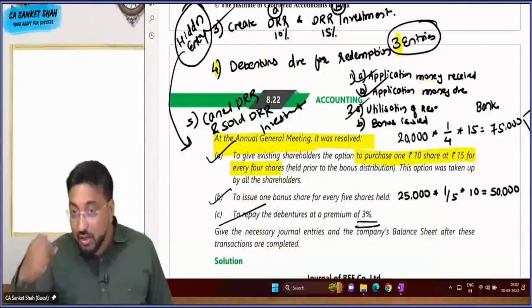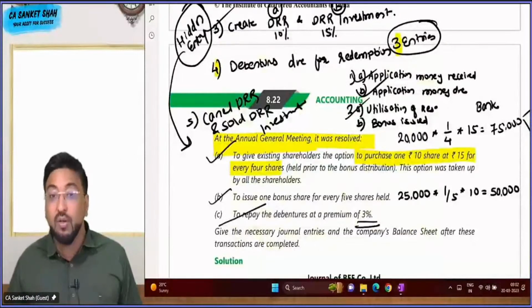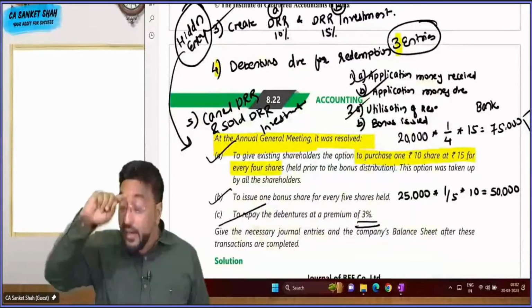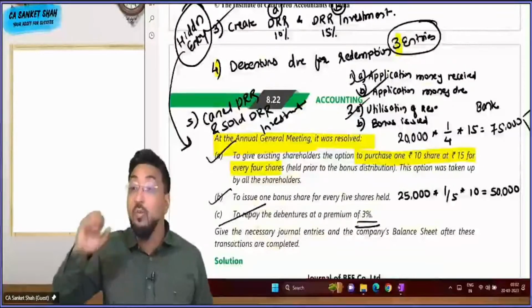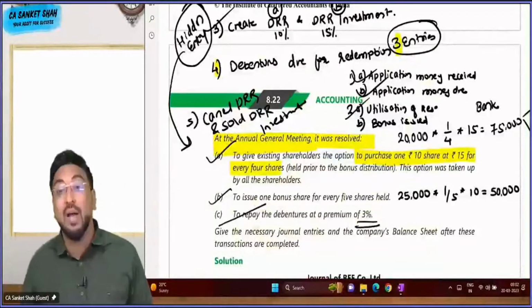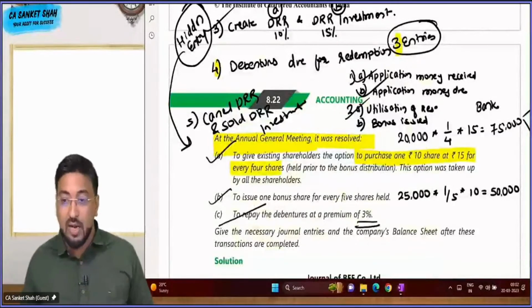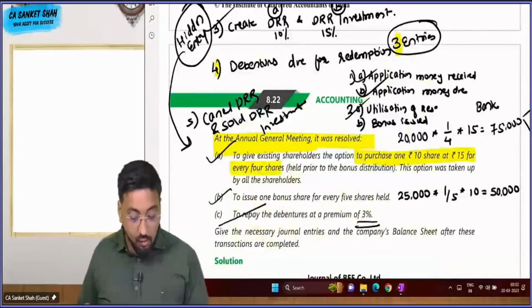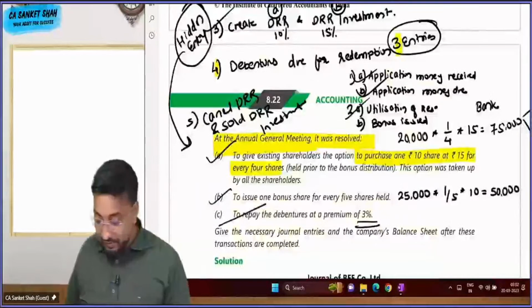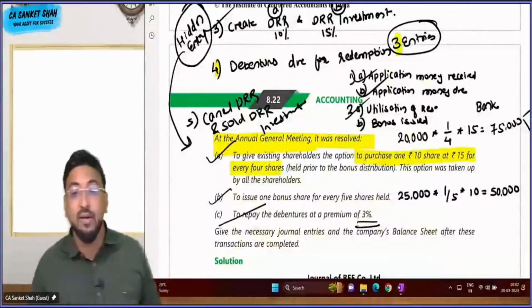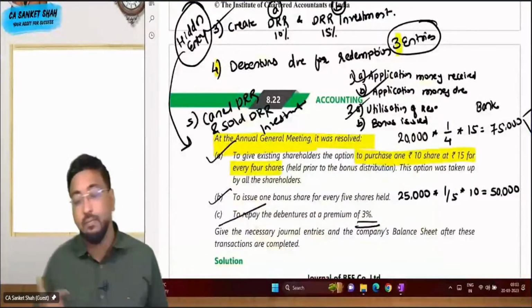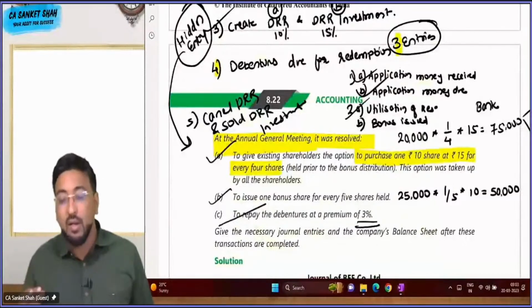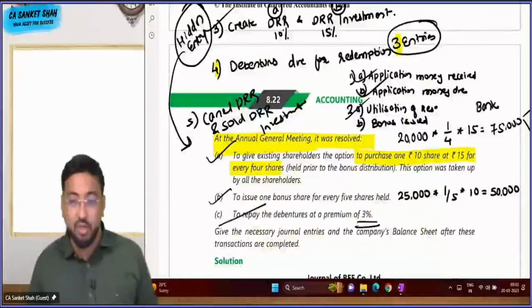तो इसीलिए sequence को लिखो. याद करो कि ये क्वेश्चन में क्या नया था, हिडन एंट्रीज आर न्यू इन दिस क्वेश्चन, कौन सी एंट्री मुझे नहीं आई वो याद करो। ओके चलो स्टार्ट करते हैं। पहली एंट्री बताओ, एप्लीकेशन मनी रिसीव्ड, क्या एंट्री थी सोचो। बैंक अकाउंट डेबिट टू इक्विटी शेयर एप्लीकेशन।